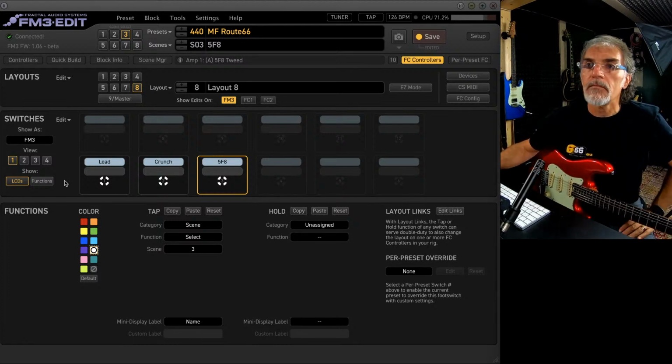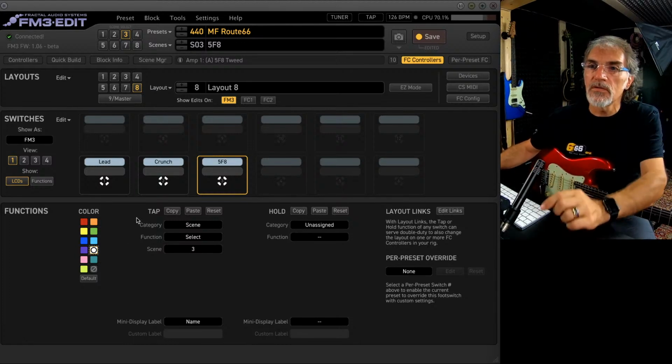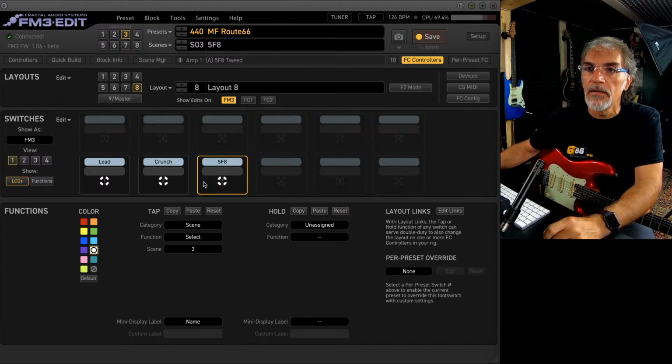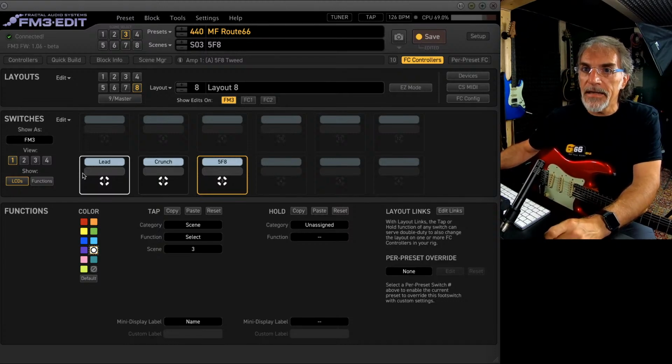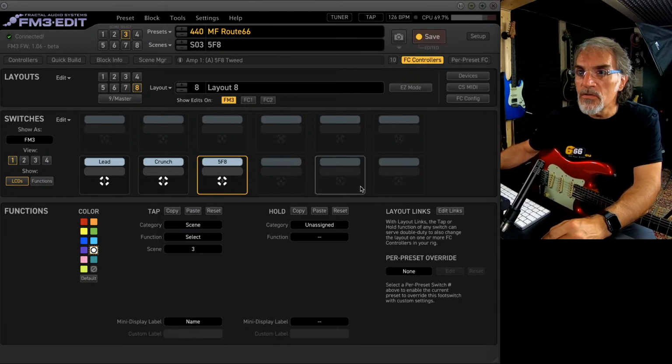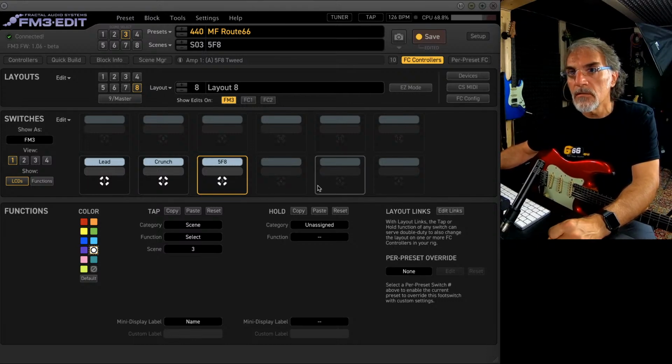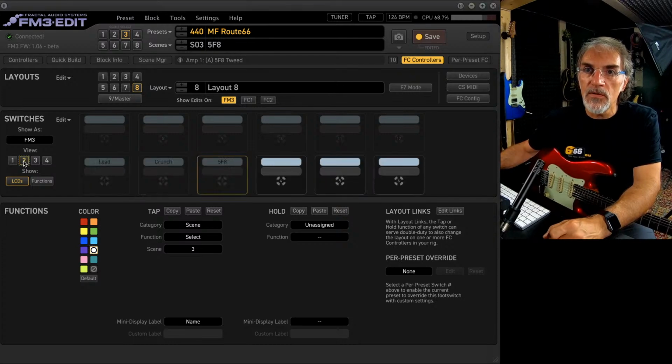So let's come back to the foot switch configuration. That is a very important part to understand. As I told you, I can see only 3 switches, but I can also use the other 3 switches with view number 2.